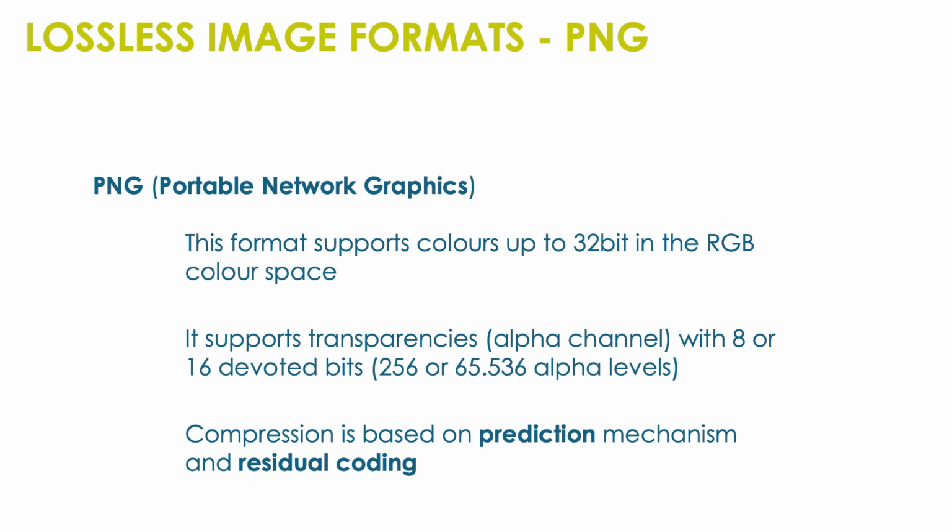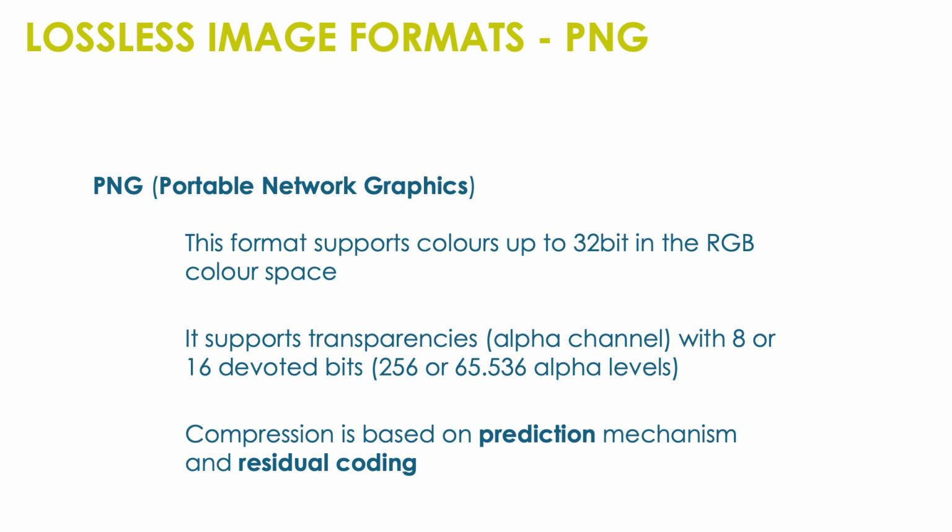The first format that we are going to address is the PNG format, Portable Network Graphics, which is very popular and widely used as a lossless format. The characteristic is that the color can be up to 32-bit and in RGB color space. RGB is the only color space that is considered in this format. It also allows transparency, as it implements the alpha channel with 8 or 16 bits, enabling from 256 to 65,000